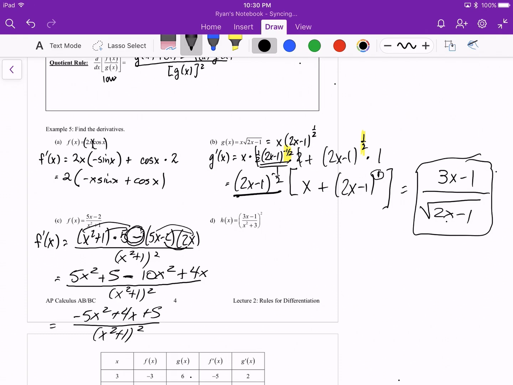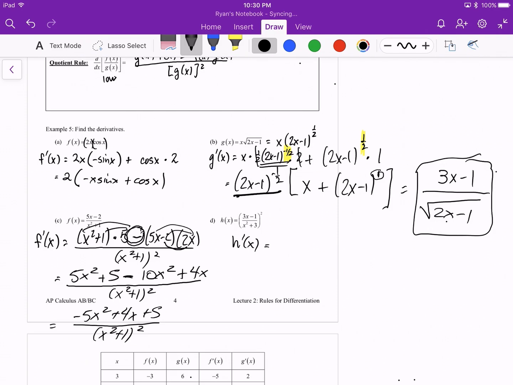Okay, last example here is a combination of the chain rule with the quotient rule. The reason for that is because we have a function inside of another function. The quotient, 3x minus 1 over x squared plus 3, is inside of a square. So if I take the derivative, h prime of x, the first thing that I need to deal with